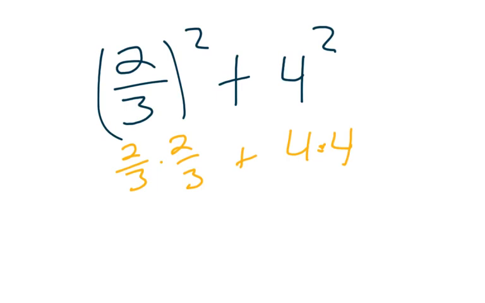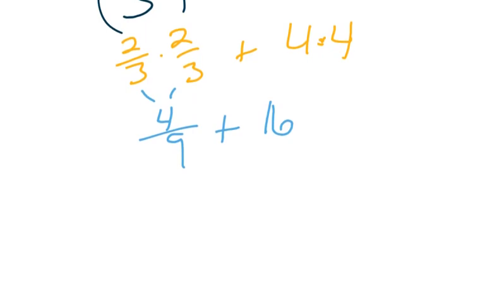So we did the exponents, wrote it out, but now we have multiplication. And so when you do this, you multiply the fraction straight across, so that's going to give you 4 over 9 plus 16. And so when you do this, then this is a fraction plus a whole number, so you can just smush them together and get a mixed number. So 16